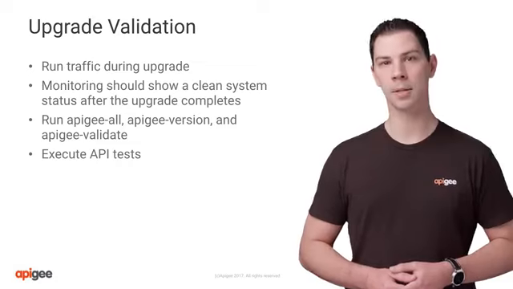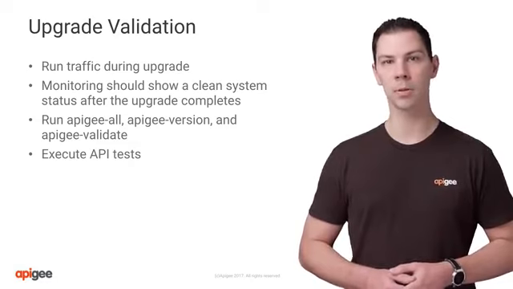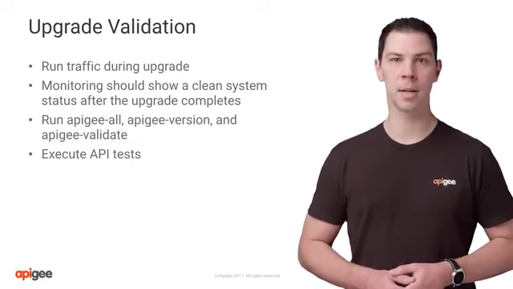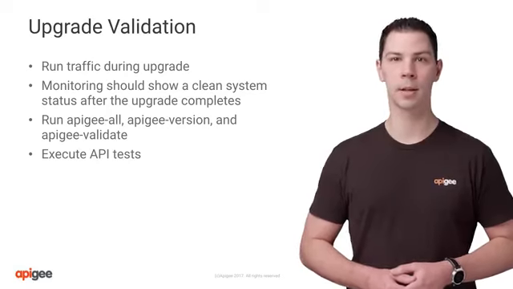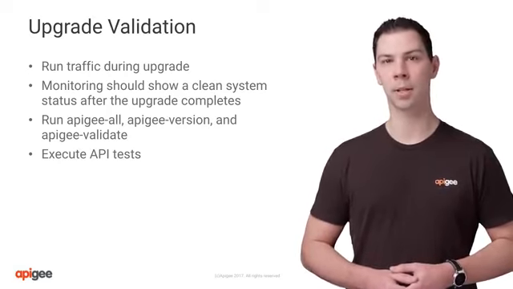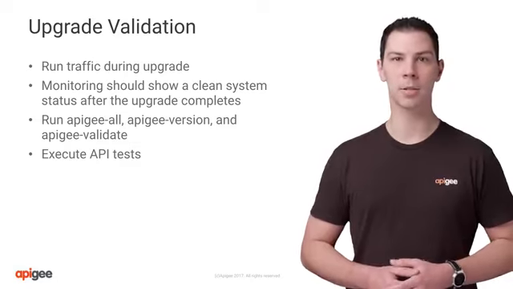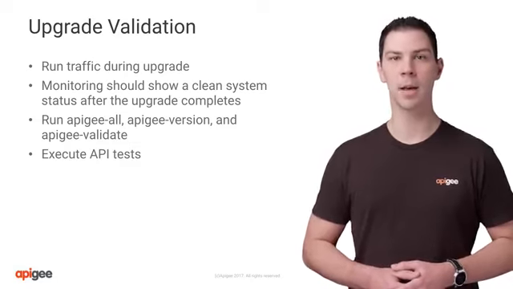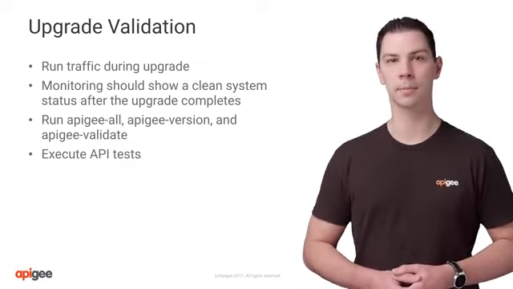It is a good idea to run apigee-all status after you upgrade each host to verify that services are up. You can also run apigee-all version to see the version numbers of each installed Apigee software package. In many cases, the release version, such as 4.18.01, will be directly shown in the package version. For open source components, you may need to check the supported software reference at the link shown here to confirm that the correct software version is present.